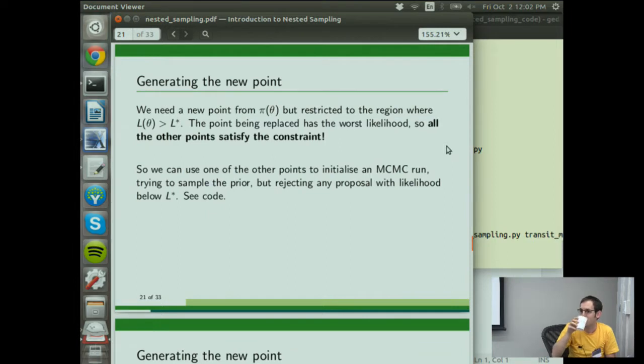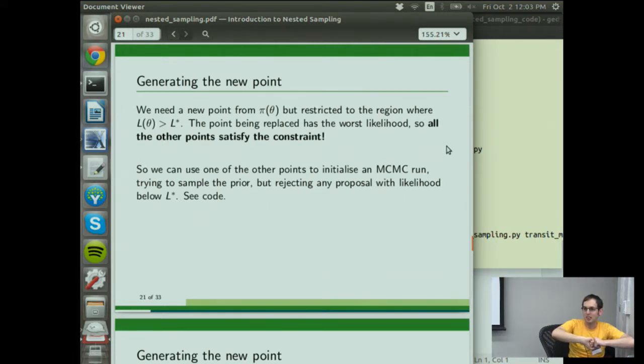Just a clarification: when you say reject proposals with likelihood below L star, is that within the MCMC or after you've run the MCMC? Within the MCMC. You're doing MCMC, but instead of trying to sample the posterior distribution, where your acceptance probability is the ratio of prior times likelihood at the proposal to the current point, it's the ratio of prior times an indicator function